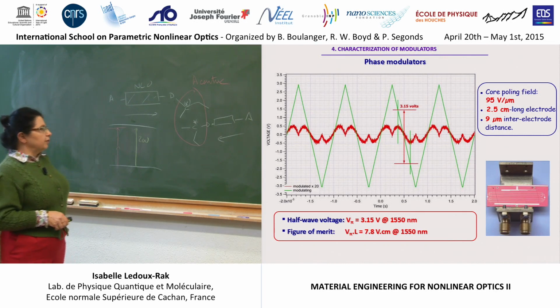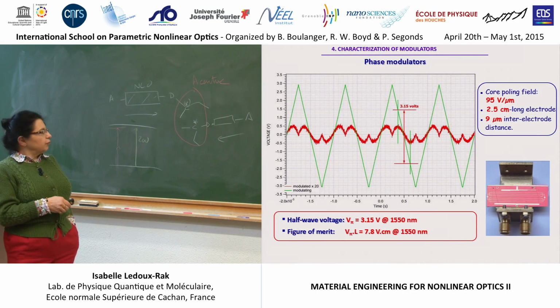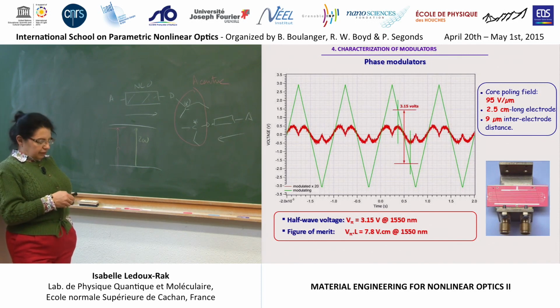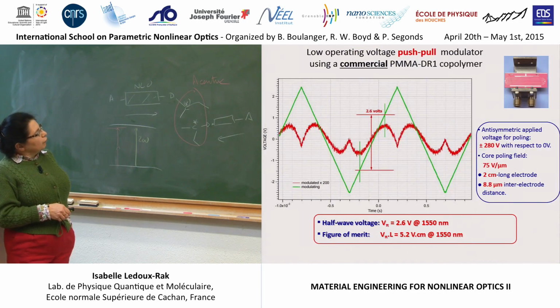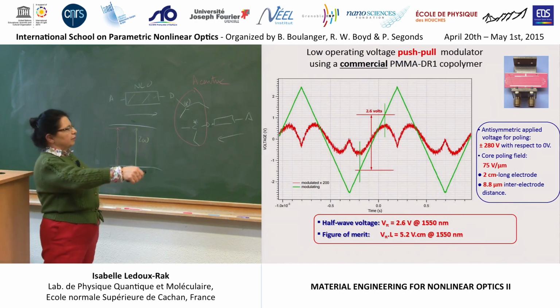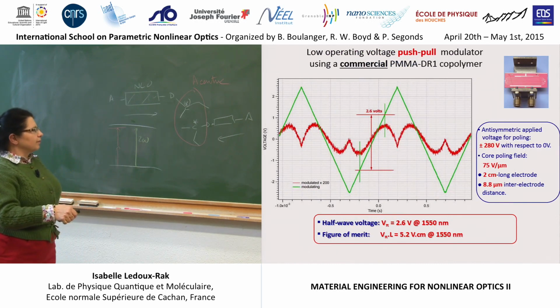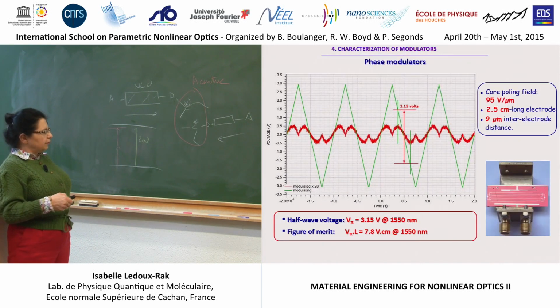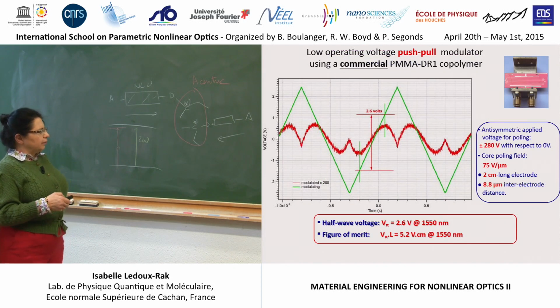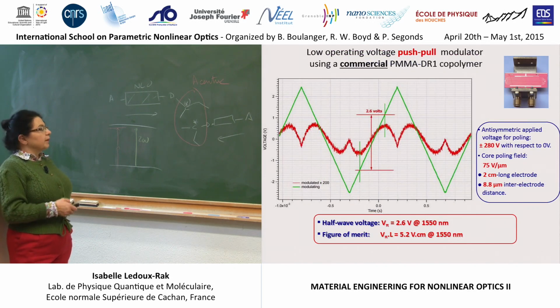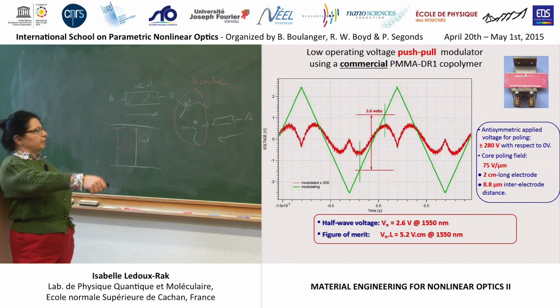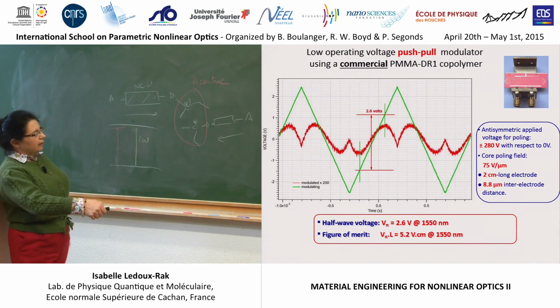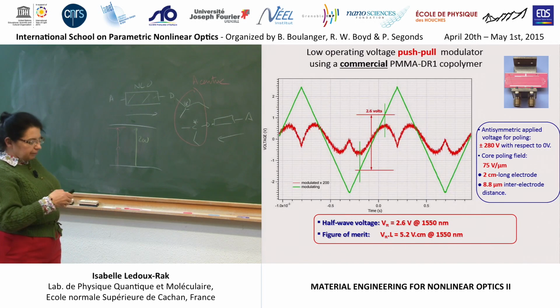And the half-wave voltage is a few volts, which is relatively correct. We need to reduce the half-wave voltage because if we want to perform some high-frequency gigahertz operation, it's necessary to have low voltage. So for the other Mach-Zehnder with the two poled arms, the performance is much better because the half-wave voltage, which was found to be 3.5, is reduced down to 2.6 volts. And this makes it compatible with operation in the high-frequency regime.